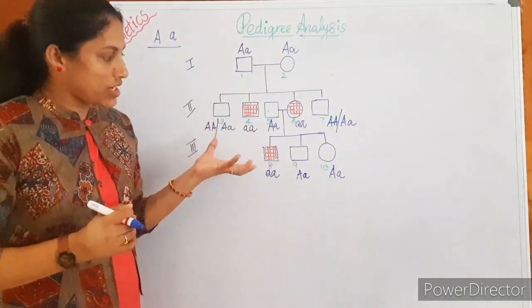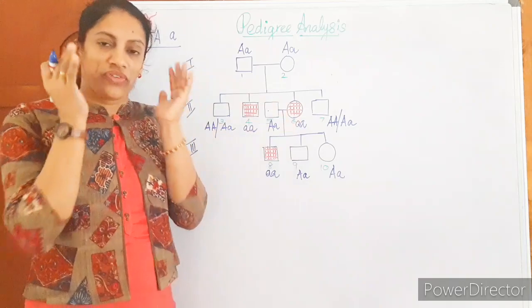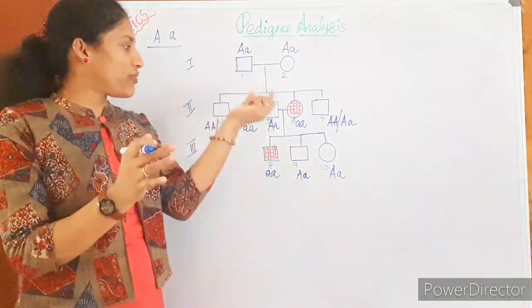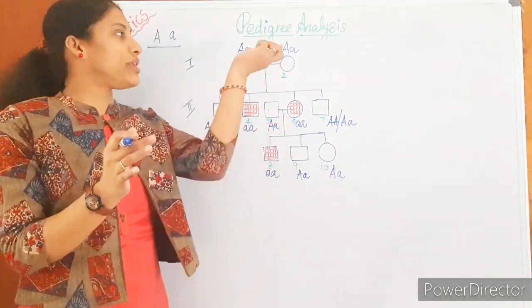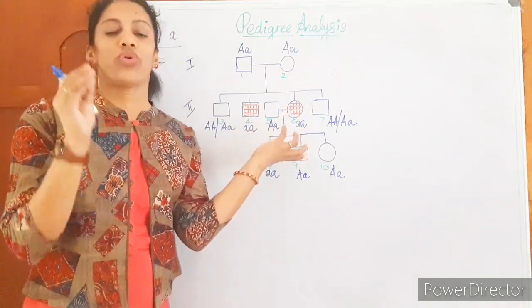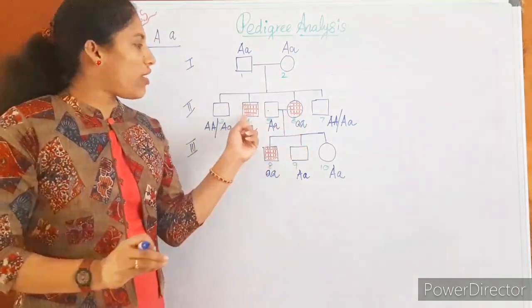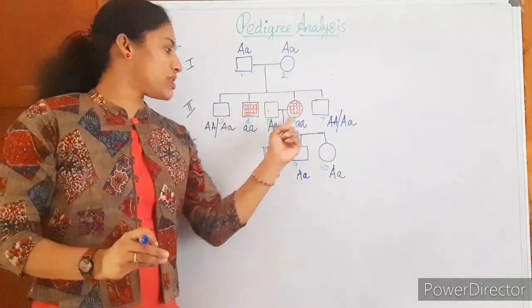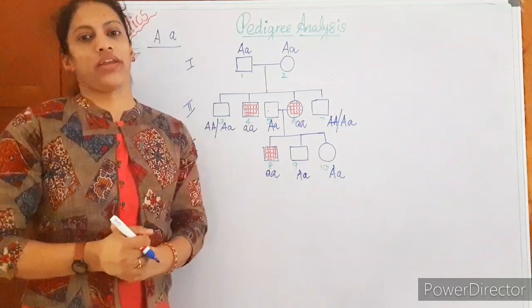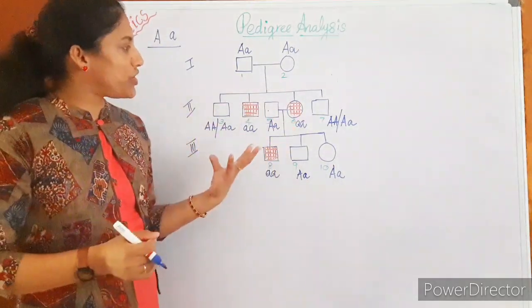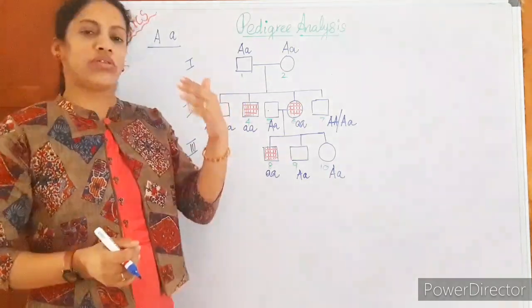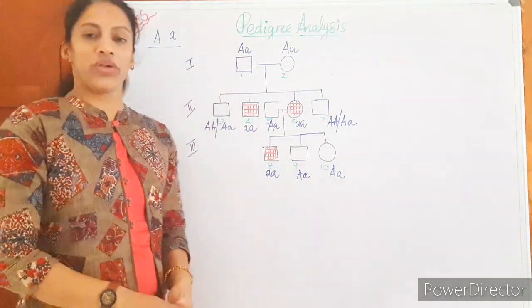One more time I will tell you: from this pedigree, from the first look itself, it is clear. Parents are normal, but they have got diseased children. That means they are carriers, they are heterozygous. The particular disease is what? Recessive disease. So all the diseased, shaded persons, without any doubt, we can write as small a. Then for the other persons, you find out the possibility of whether they can be homozygous or heterozygous for the alleles. This is an easy way you can represent it.